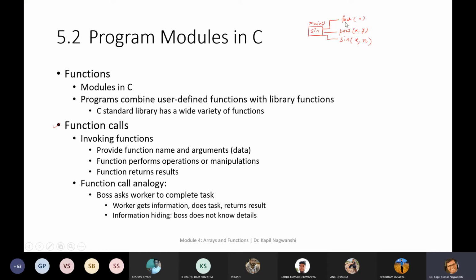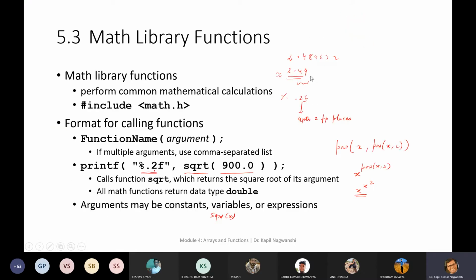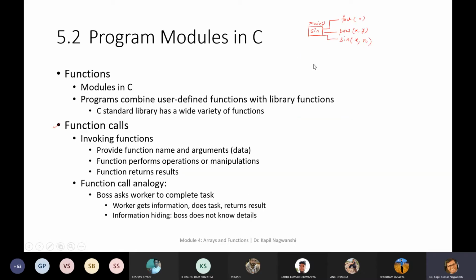Suppose this is the factorial machine. Let us discuss the concept of the factorial machine. This is our factorial machine, and it is accepting integer n.